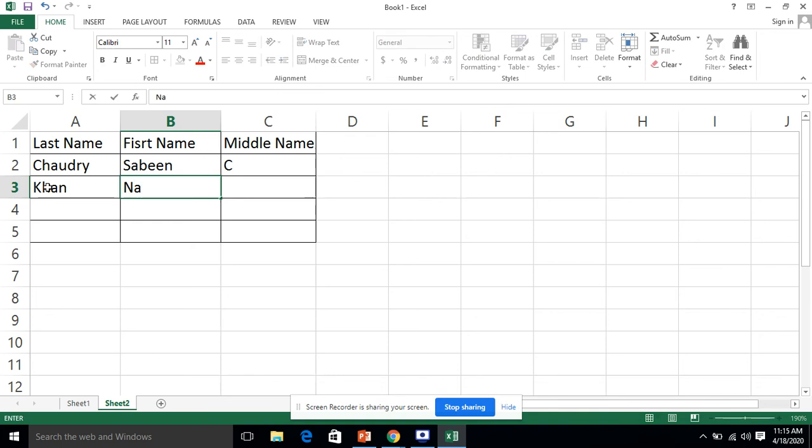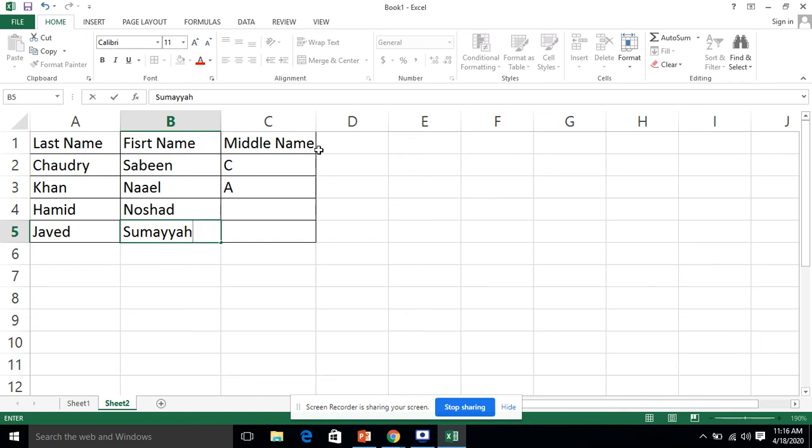Nile is the first name, and then middle name is A. Let's suppose Hamid Noshad. Noshad is the last name. Then Javed Sumaya. We are not mentioning their middle name.